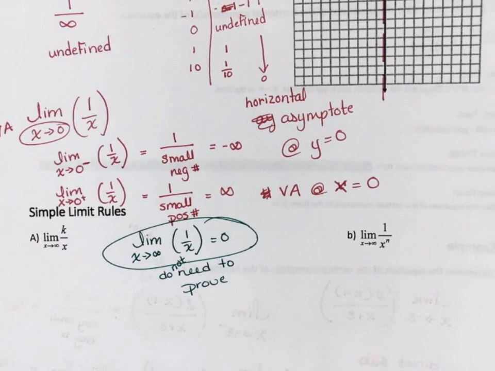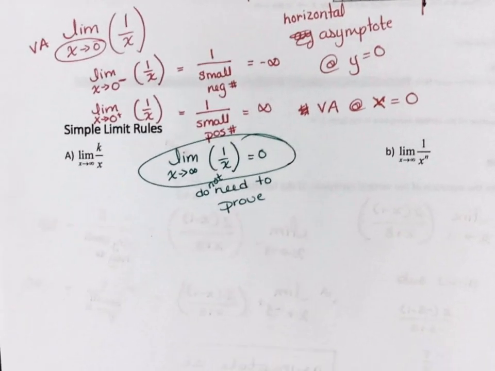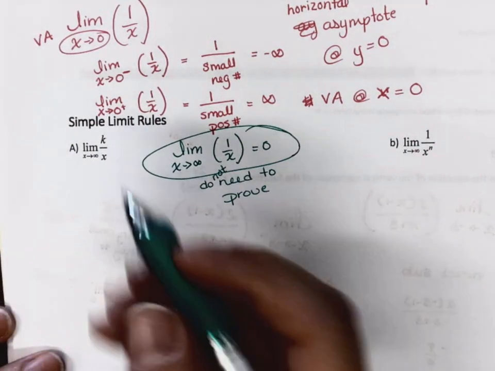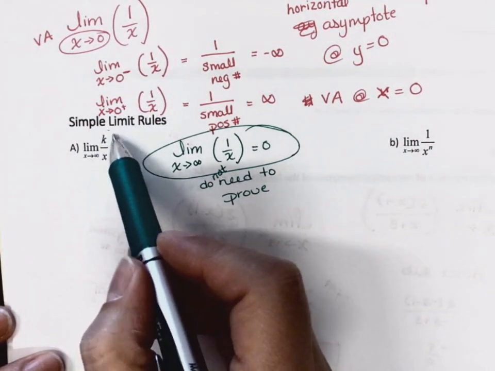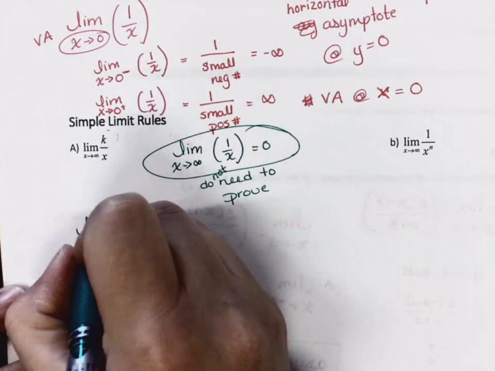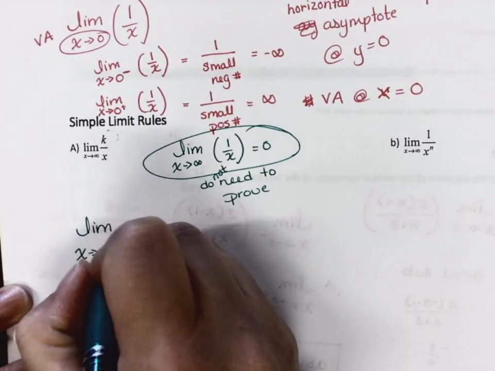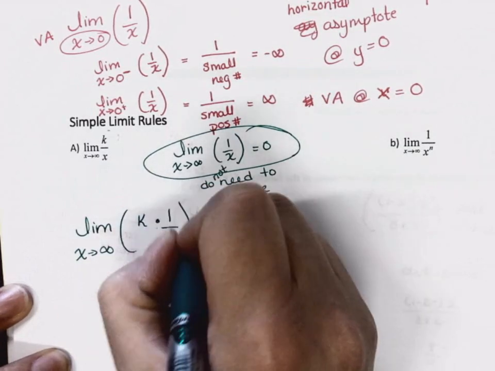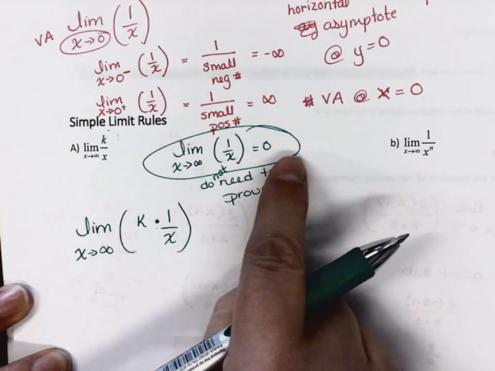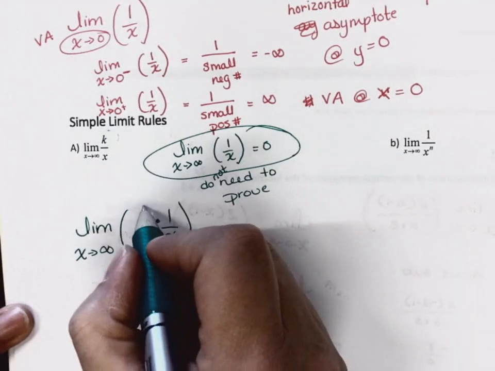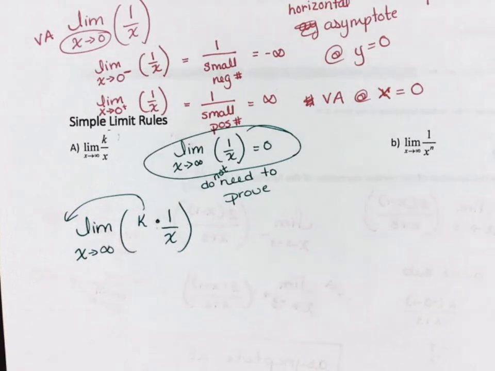All right. So some basic limit stuff is going to be that if you have a constant, like if we use our log theorems, this would be the limit as x approaches infinity of k times 1 over x. We always want to use that 1 over x because we know its value. We know what it is already. So we can actually pull that k out. That was the constant theorem